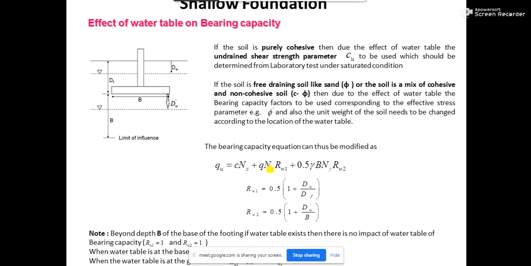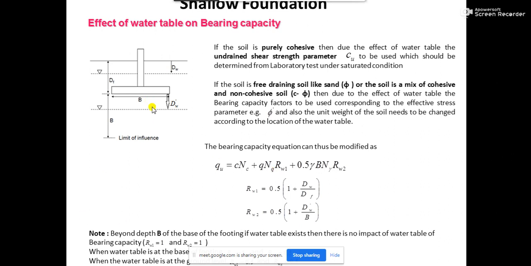You should use the value of gamma as gamma bulk. Okay, now the same problem may be tweaked in this way, or it can be very easily said in this way that the water table is present at a depth of 1 meter from the base of the footing. So that is another thing. Okay, water table is at a depth of 1 meter from the